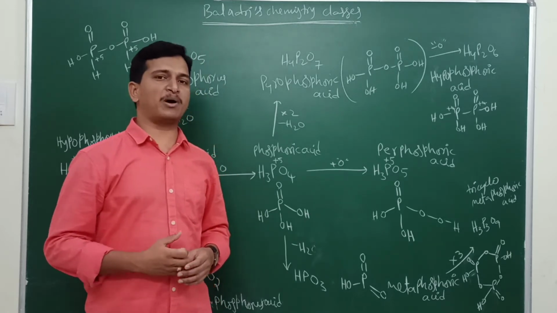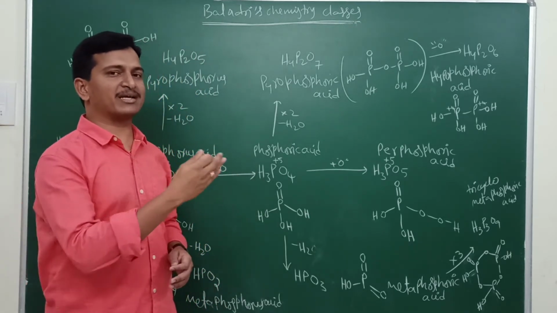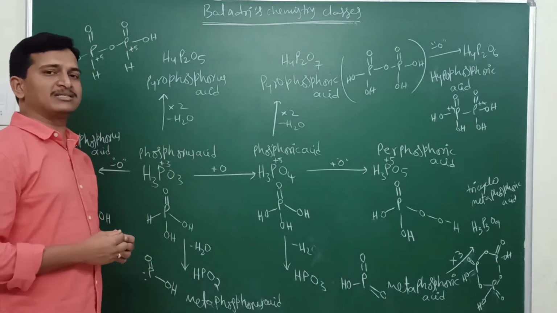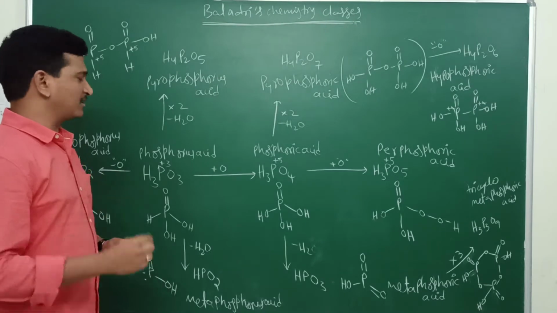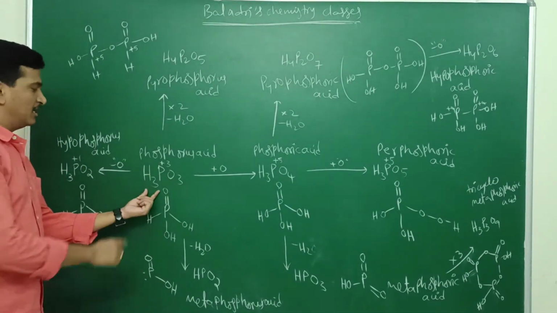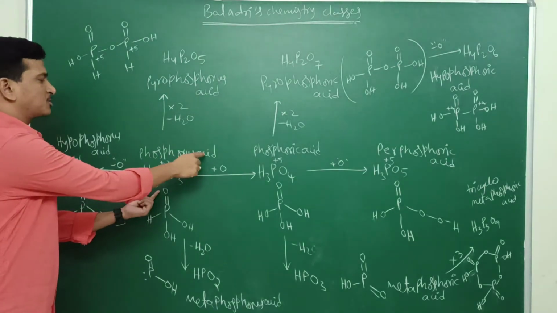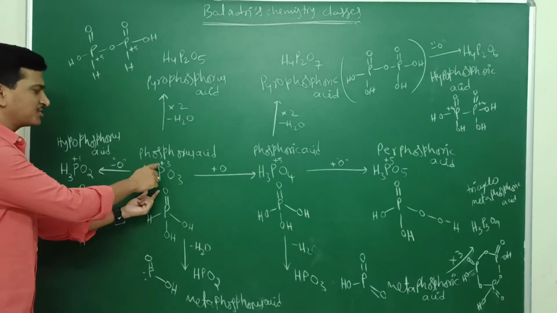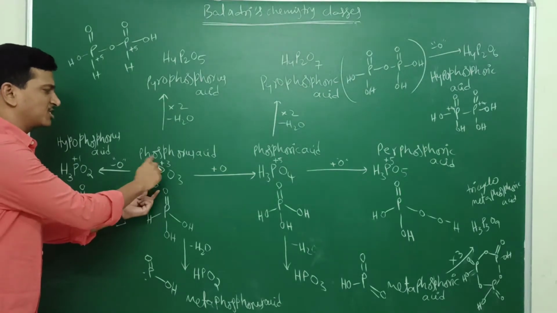Now here there are 10 phosphorus oxyacids. In a systematic manner we can remember them. Now see the board. Whenever you start learning the oxyacids, you start with the ous acid. Now come to here, H3PO3. H3PO3 is called phosphorus acid. What is that? Phosphorus acid. The oxidation number of phosphorus in this phosphorus acid is plus 3.